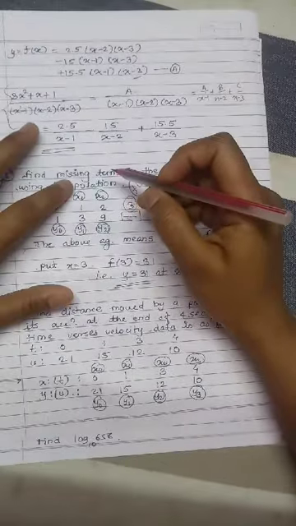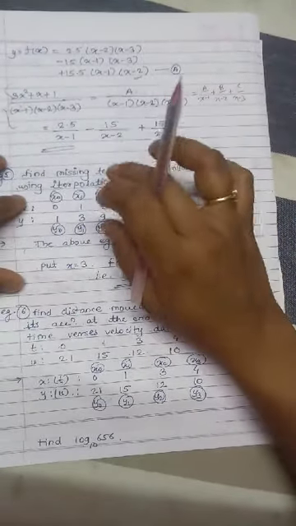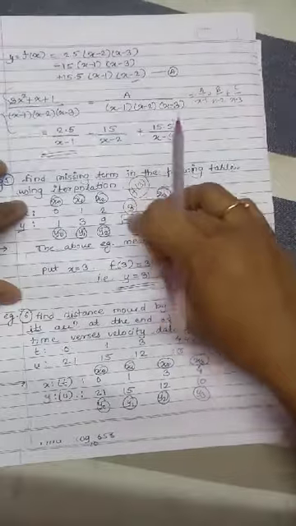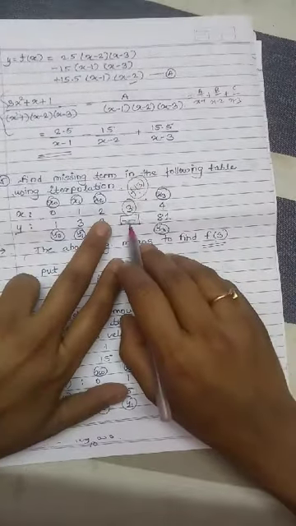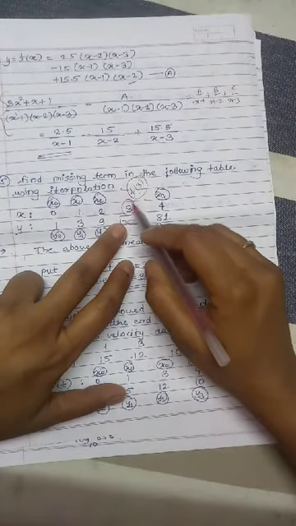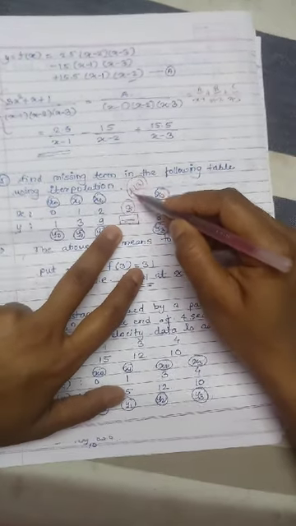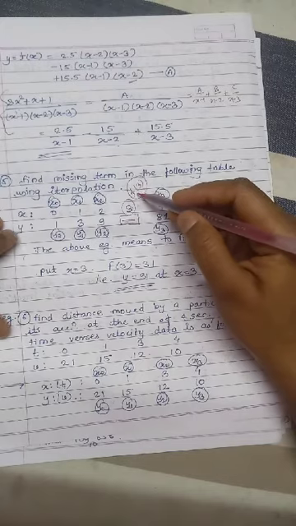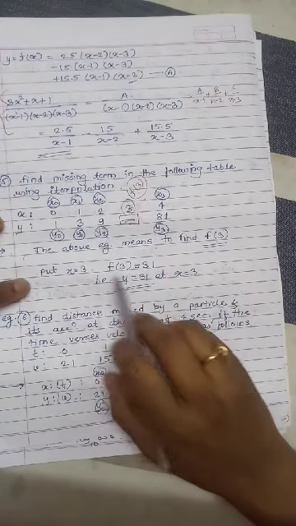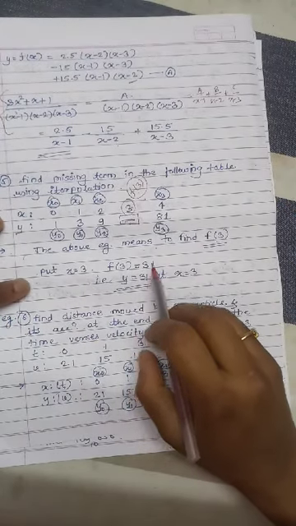So in this example, what is the question? We have to find the missing term. Missing term means whatever the missing term we have to find, see the corresponding value of x, and to find the missing term means to find the f of 3 by using Lagrange's interpolation formula. So here put x equal to 3, we get f3 equal to, the final answer is 31.